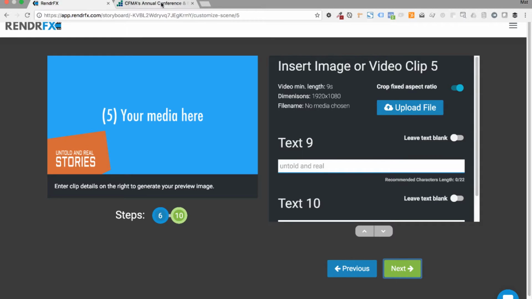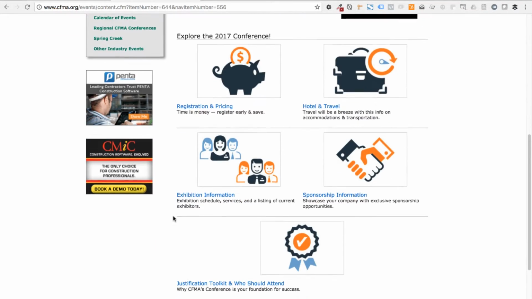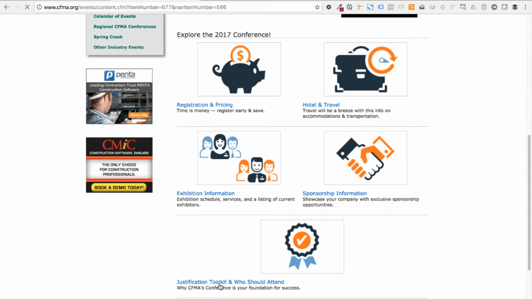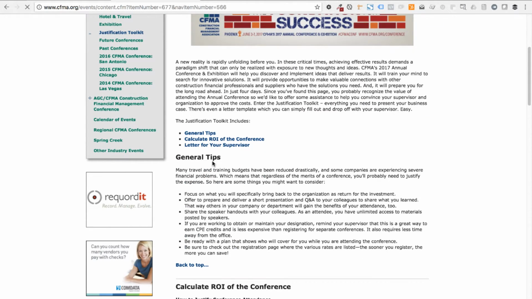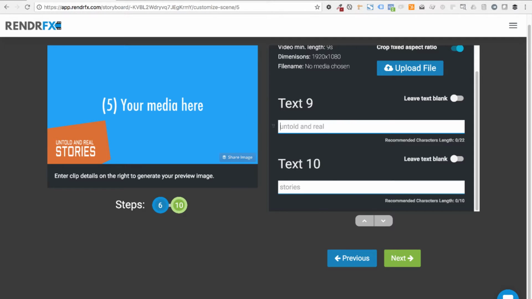And I'm gonna add some more text in here. Let's see, connect peers, social networking. And you had more content actually, and if I scroll down, justification toolkit. This seems like a good place to go find some more content. So train your mind to search for innovation solutions. That just gave me an idea of some content. So I'm just gonna type in learn and let's say learn